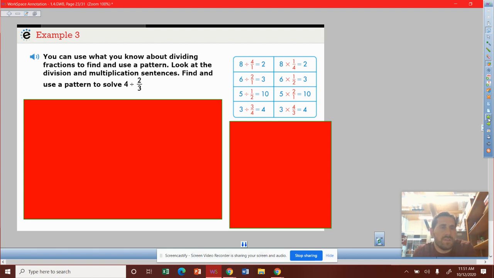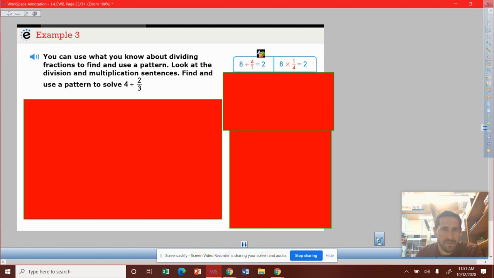Example number 3. You can use what you know about dividing fractions to find and use a pattern. Look at the division and multiplication sentences. Find and use a pattern to solve 4 divided by 2/3. So what we're talking about here, and kind of to block this out, they're telling us to look at this and find a pattern, right? And mathematical sentences is